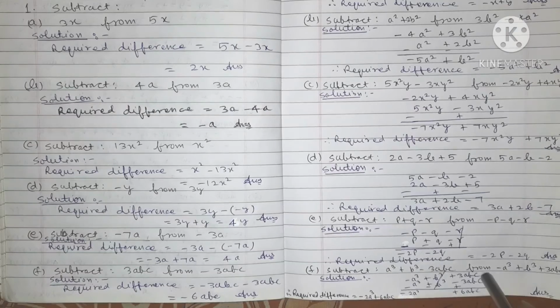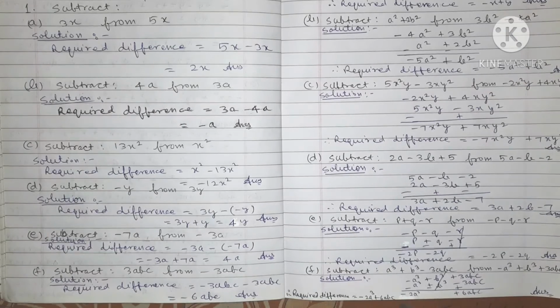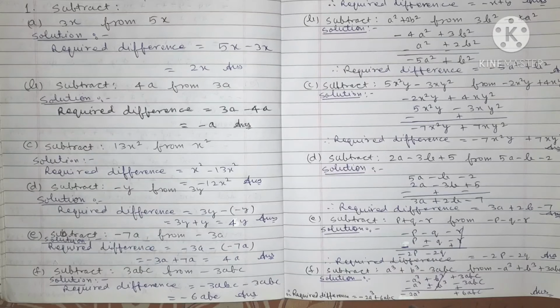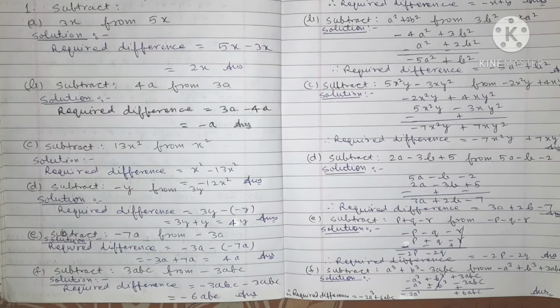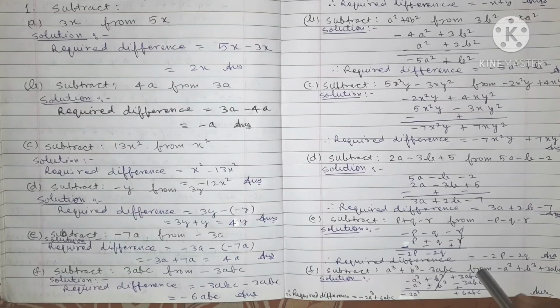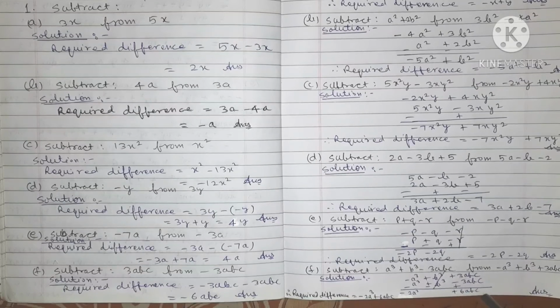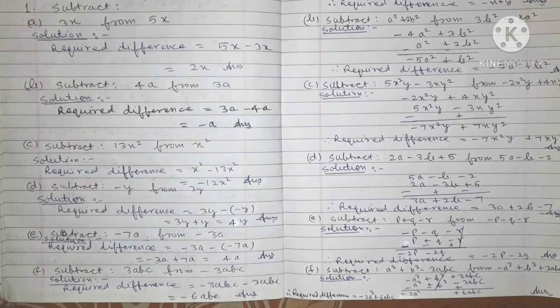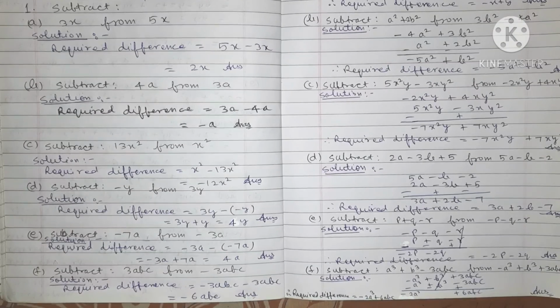Now there are three columns, so we first solve first column. So minus, minus, plus, we do plus. 1a cube, 1a cube, 2a cube, both are minus, sign is minus. Here plus, minus, minus, we do minus. 1 minus 1, 0. So we cut these terms, b cube minus b cube. And here plus, plus, plus, we do plus. 3abc, 3abc, 6abc, both are plus, sign is plus. Therefore required difference equals minus 2a cube plus 6abc.